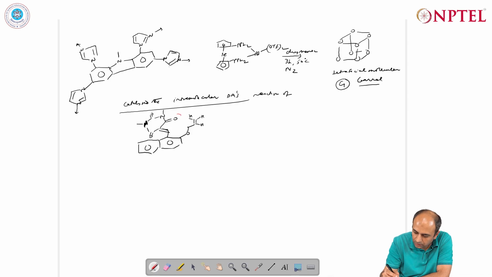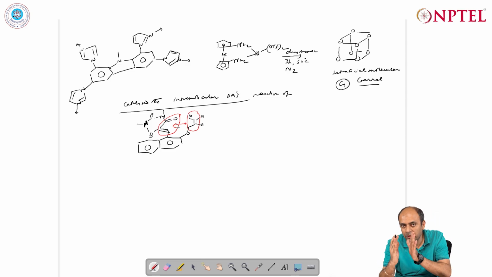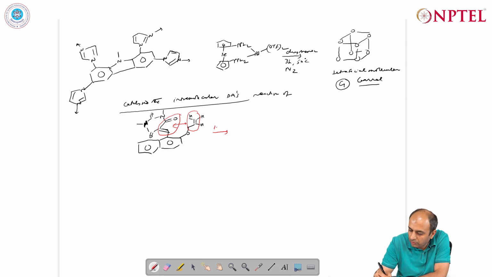We have these 4 pi electrons, we have the 2 pi electrons, and they are in relative proximity to each other, so that they can undergo reaction in the presence of 10 mole % of the barrel G, and when heated it will give rise to the desired product, where you will now have the dimerization taking place,